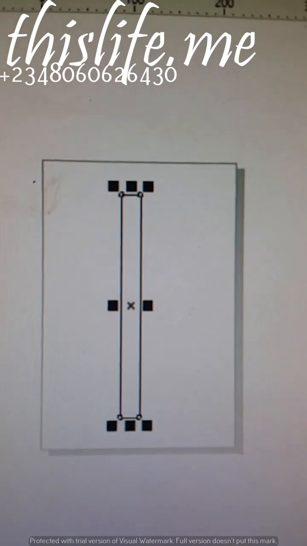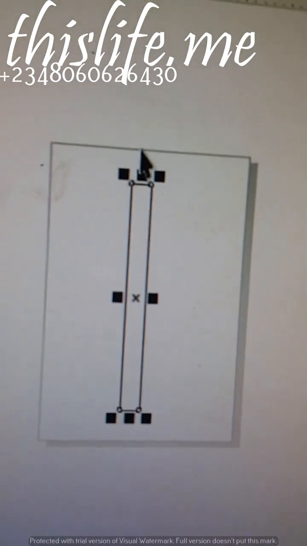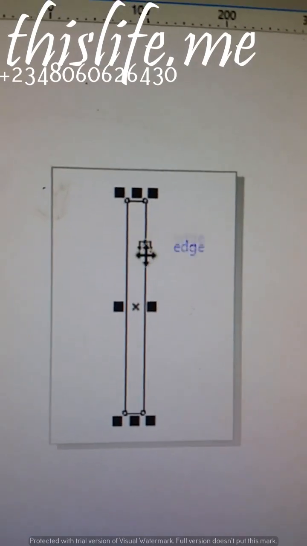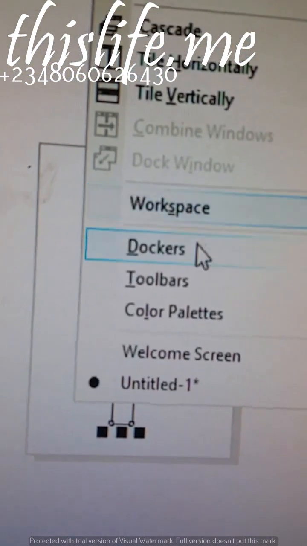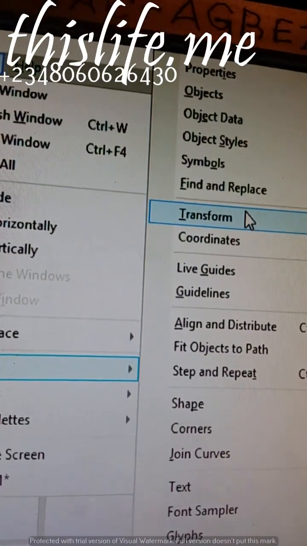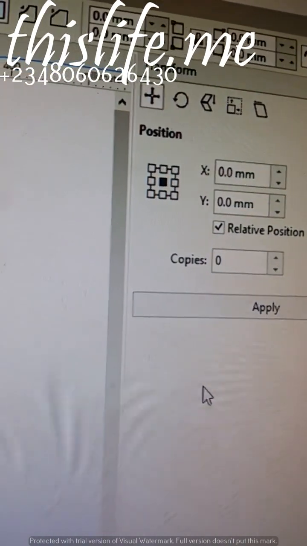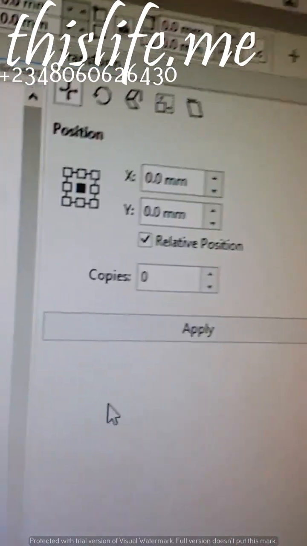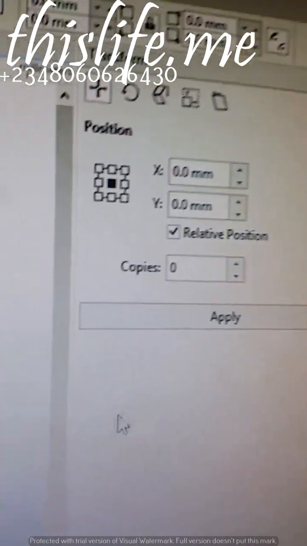Now, I want to bring out the transformation pane on the left hand side. To do that, on the 2019 version, click on Window, then on the pop-up, enter Docker. Then in Docker, click on transformation. You will notice the transformation Docker, or pane, pops out on the left or right hand side.